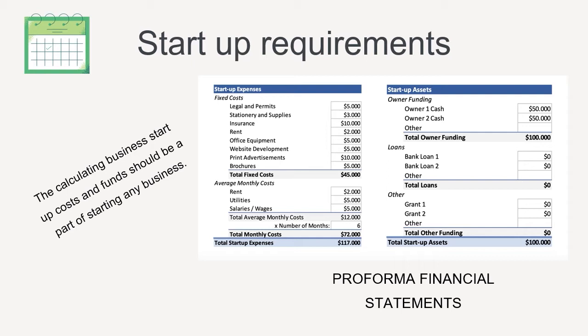Funding sources. Start by listing the sources of funding that you believe will be available to you. This would include money supplied by owners and investors, funds available from bank loans or other lines of credit. In some cases you may be pursuing other sources of funds such as grants, endowments or sale of assets.